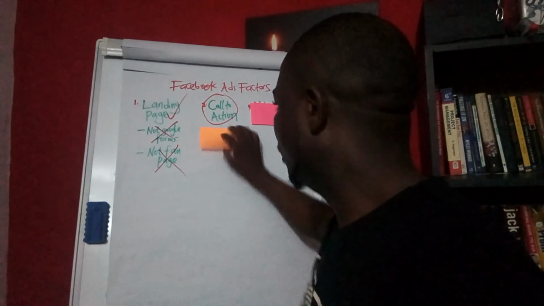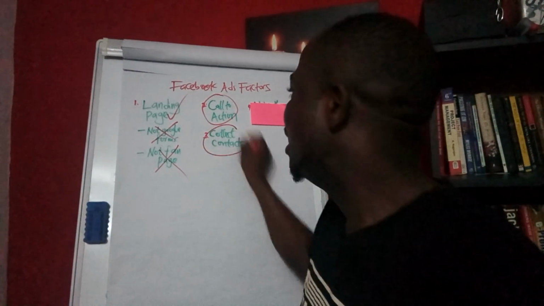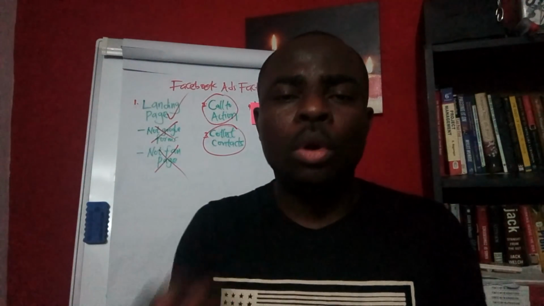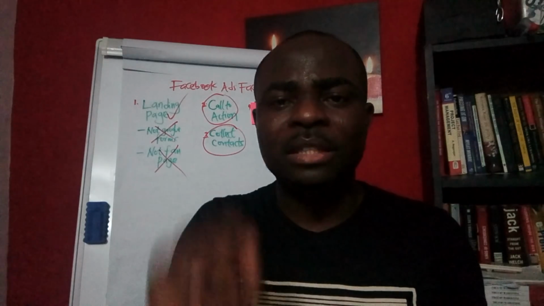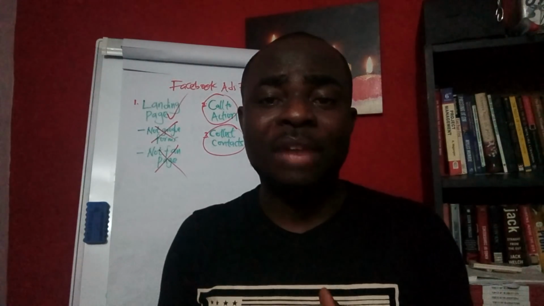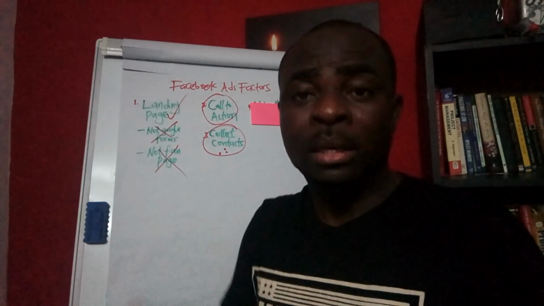Okay, then the next thing is this: you have to collect contacts. Don't run adverts and try to sell. Yeah, it's good to try to sell with an advert. Maybe you are selling t-shirts. Don't just sell the t-shirt and walk away. No, also work on getting the contacts of the people that visit that website, whether they buy or not. So you have to have an incentive in place to ensure that they leave their contacts behind. For example, they can leave their email addresses, they can leave their mobile phone numbers, and so on and so forth. So these things are very, very important. It's important that you collect contacts so that whoever cannot buy now will be able to buy later on.